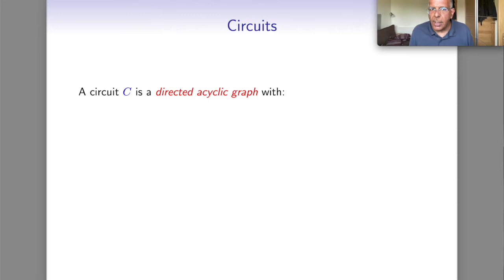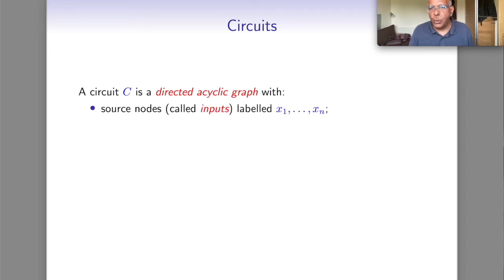The other model I said I would relate to is circuits, and I did this already to some extent, or at least stated the connection in the first lecture. But I'll run through it in a little bit more detail, and then eventually get to actually telling you how this is proved. So a circuit, remember, is a directed acyclic graph